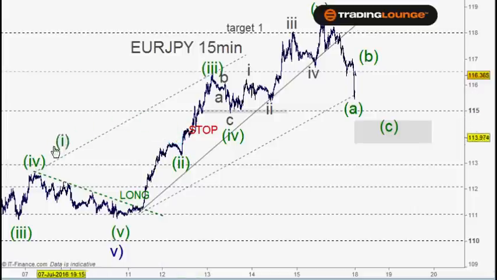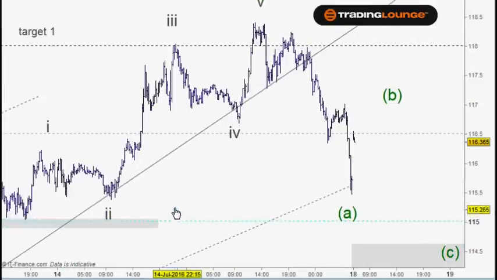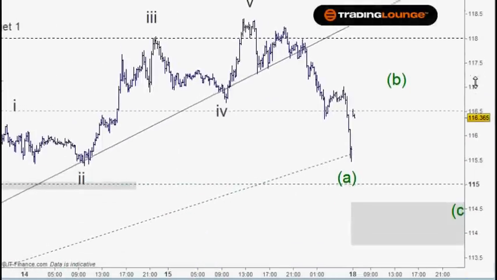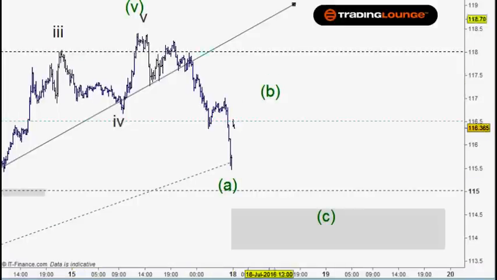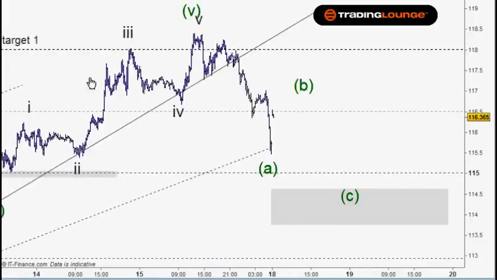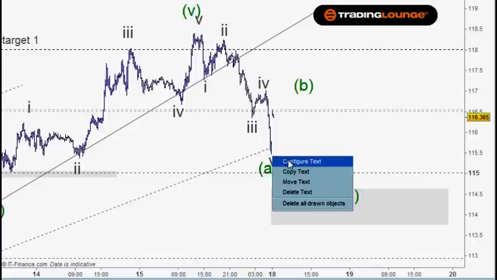And there are different ways to count this up as well. I know it's also possible to have wave 1 here and wave 2 here, not that it matters. Everything served our purpose quite well. So what we're looking at now is the same with the euro as well. Let me just grab this here. So we've got wave 1 here, wave 2 here, wave 3 here, wave 4, wave 5 here, and then we'll be looking for